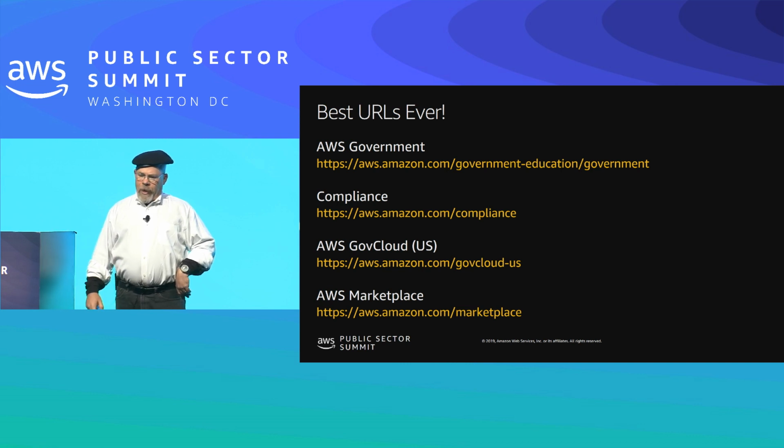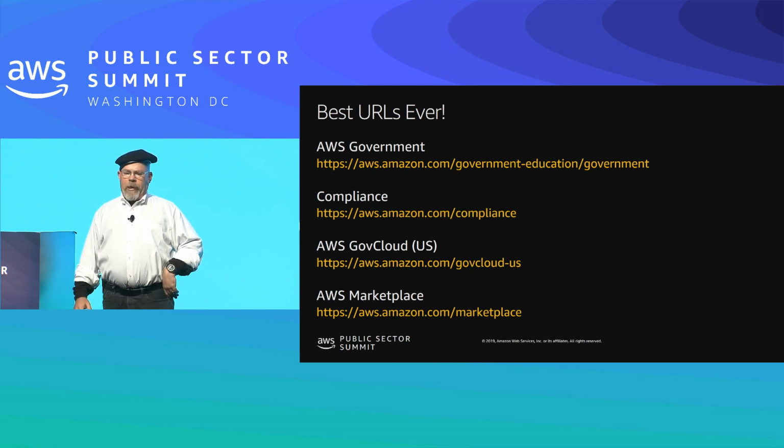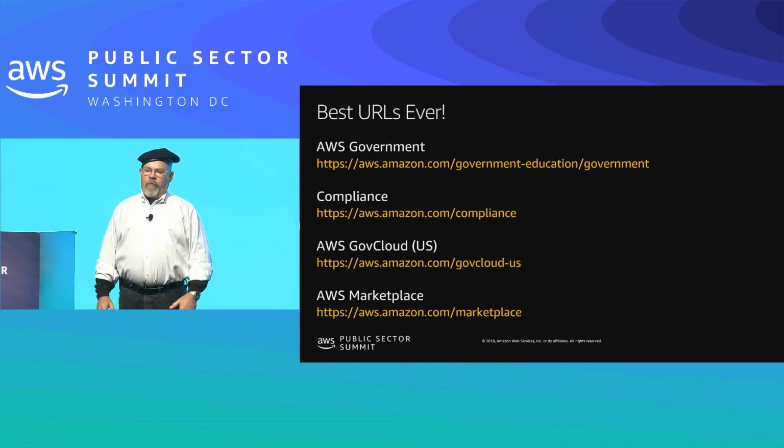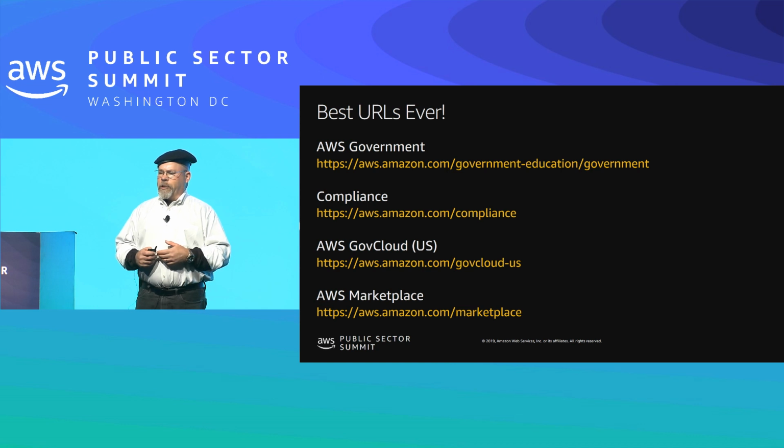AWS GovCloud is fundamental, a set of two regions that allow you to build applications in a way that will deliver a FedRAMP SaaS solution to your customers, host ITAR data, and meet the requirements of the DoD SRG impact levels 4 and 5. So much you can do with AWS GovCloud. GovCloud is a multi-tenant cloud, just like the other Amazon regions, but it is vetted and restricted to US entities, and we have some rules that allow you to maintain compliance with ITAR as well.